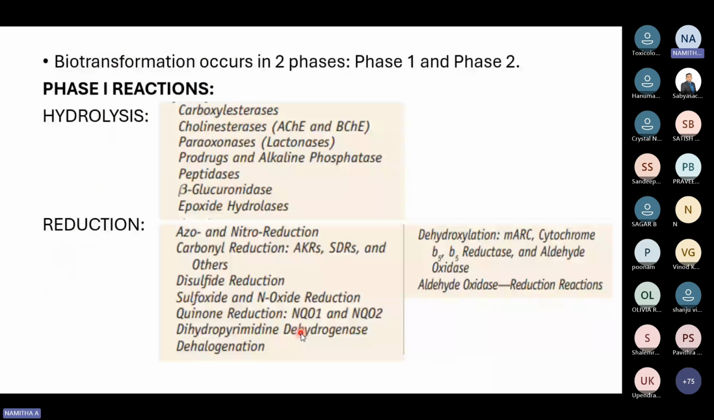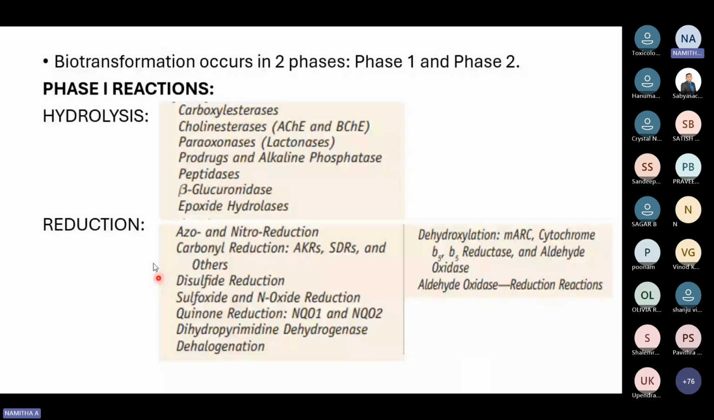Before moving on to this session, I would like to recap the previous session. Biotransformation occurs in two phases. I would like to give an analogy for this, like how we get a present. Once the present is received, we unpack it. That is a phase 1 reaction. And then how we use it, that will be like a phase 2 reaction. So the unpacking of a drug is the phase 1 reaction, wherein the phase 1 reaction has hydrolysis, reduction, and